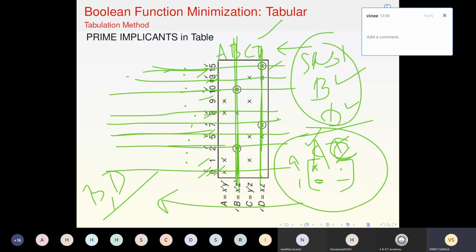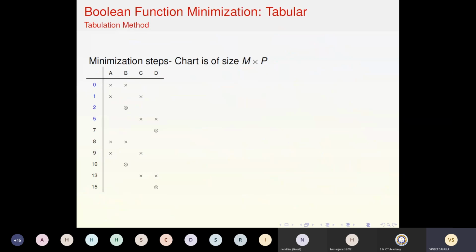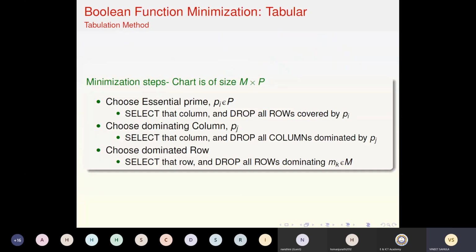This is a covering problem. The paper-pencil way has taken me time and complexity. This needs to be done on a computer. So Quine-McCluskey phase 1, selection of implicants, has to be implemented by computer. Quine-McCluskey, this second phase which we have done just now, covering, has to be done by computer in an exact way. If there is a best answer, it should be found. And if the table is too large, then some random selections and an approximate way also. So our focus is on approximate ways for larger problems, right? Okay. So these are the steps. You can read it at leisure in your book.